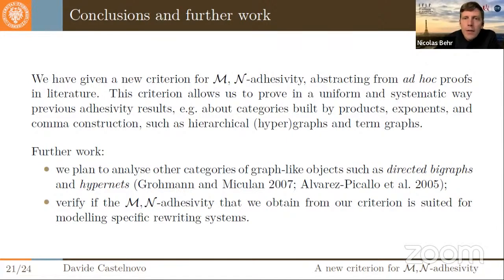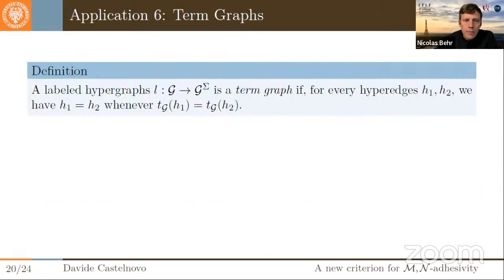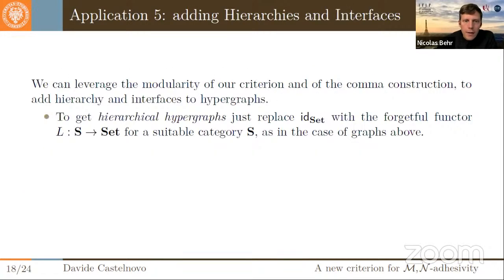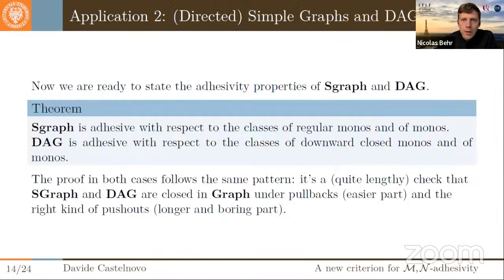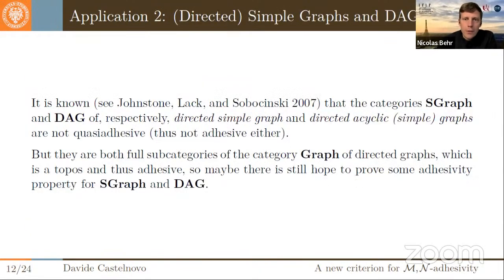So maybe I could ask one. I found particularly interesting this construction you had for directed acyclic graphs. Being an acyclic graph, if I'm not completely mistaken, is a pretty non-local property of a graph to have. So could you say something about